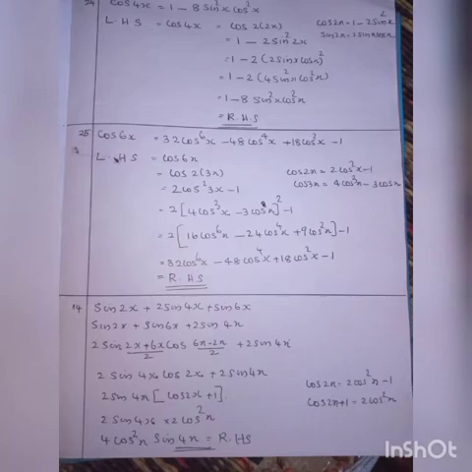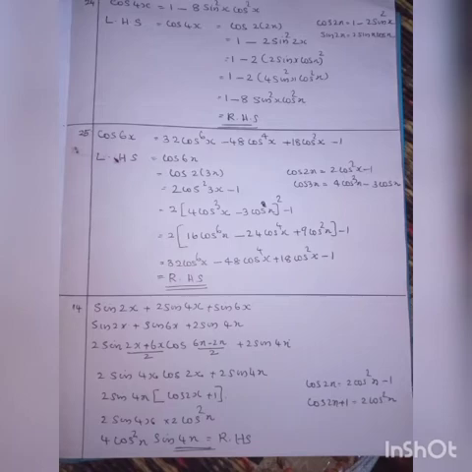Okay, so first step, what is the change? 2 cos square 3x minus 1. Okay, in the place of x here we have the angle 3x. So 2 cos square x, that x changes to 3x. Okay, now in the next step, cos 3x, we know the formula. What is cos 3x? 4 cos cube x minus 3 cos x.